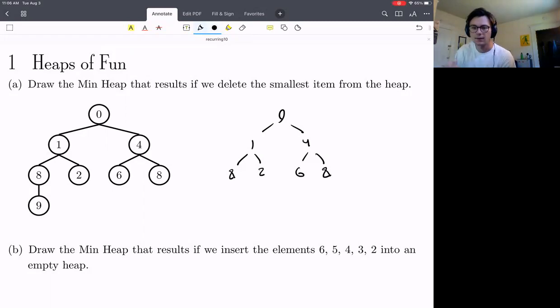Okay, so we're going to look at 9's two children, 1 and 4, and we're going to say which one is smaller. 1 is smaller, so we're going to swap 9 and 1. Why are we swapping with 1 and not 4? Because both of them are smaller than 9, and the reason is, you could just do it yourself and actually see why. If we swapped 9 and 4,